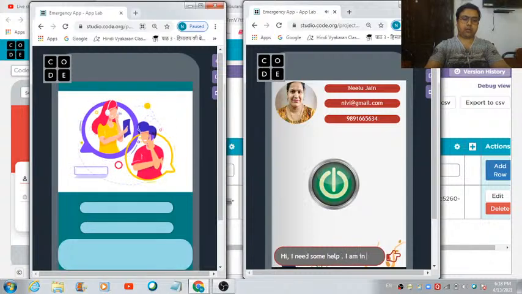I am in Shastri Nagar. So this is what I have written over here. Let's hit this image 6 button and see what's going to happen, whether this message will be able to